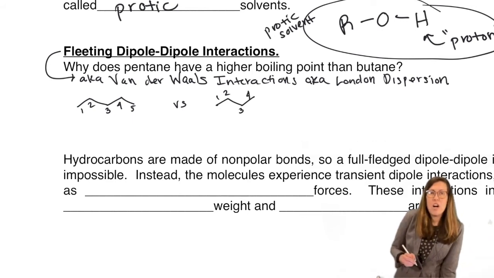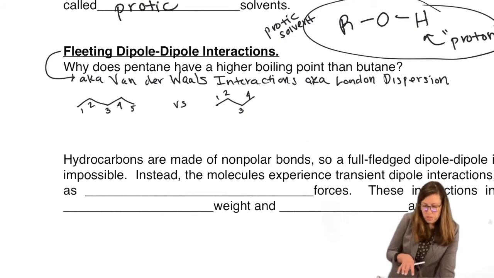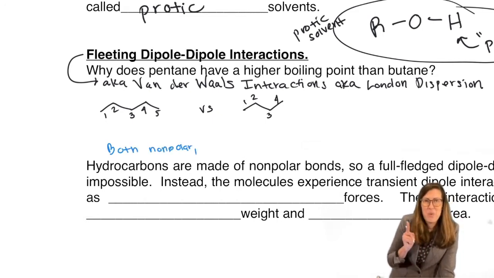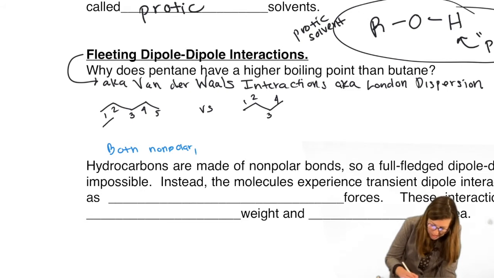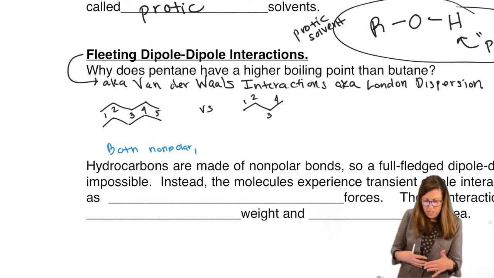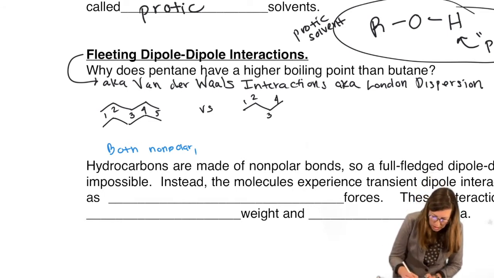Well, even though these are both nonpolar, when a nonpolar neighbor sees another nonpolar neighbor and they're close enough, they can actually induce a temporary dipole. In other words, if another pentane approaches another pentane, their electron clouds will be distorted so that all of the minus charges are far away. So you temporarily polarize. So I'm putting these delta pluses in here.